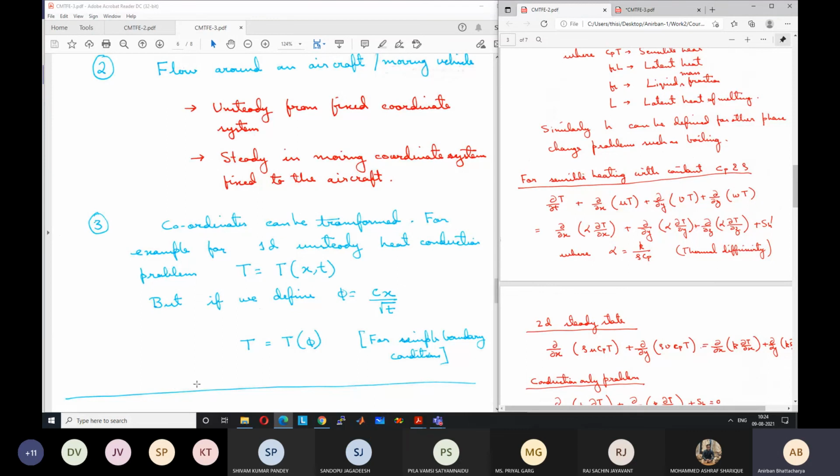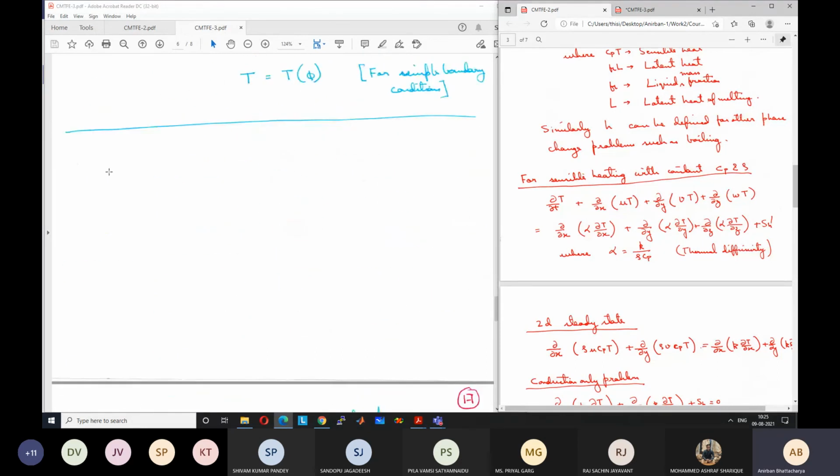So if we define a variable which is distance by square root of time, we can simplify the problem further. This type of solution has been derived analytically by mathematicians for even much more complex problems like boundary layer theory and other problems. But this is a simple example. We will not go into details, but we can see that instead of, say, two independent variables, once it becomes one independent variable, we can solve the problem much more easily and with much less time. And then we can revert back to our original solution by reverse coordinate transformation.